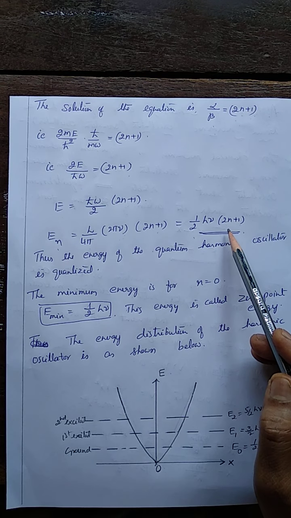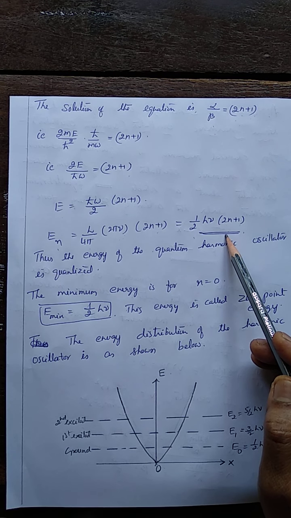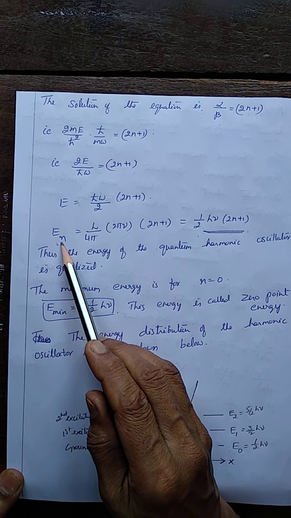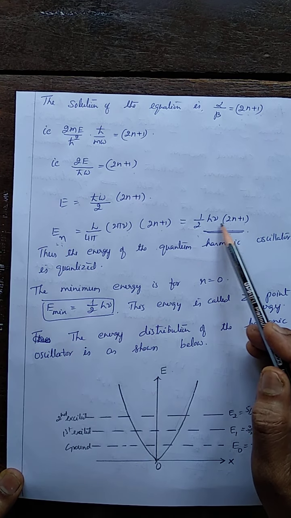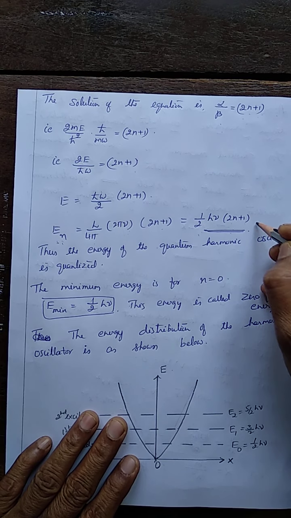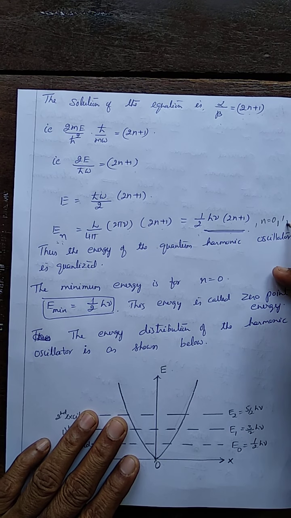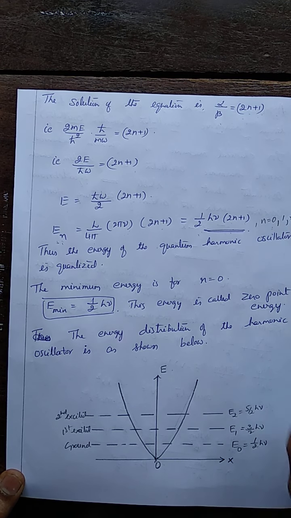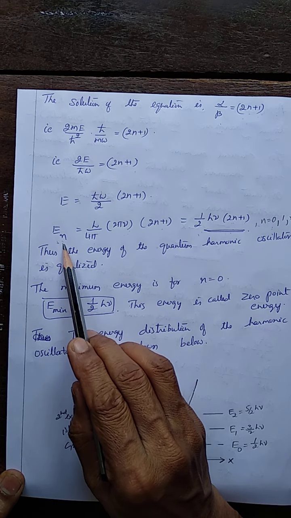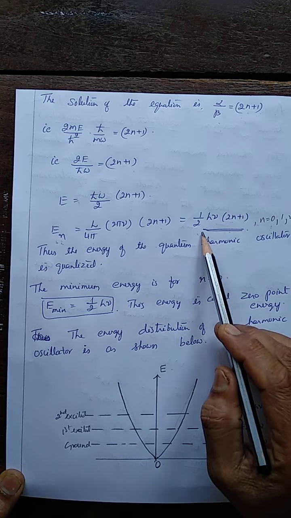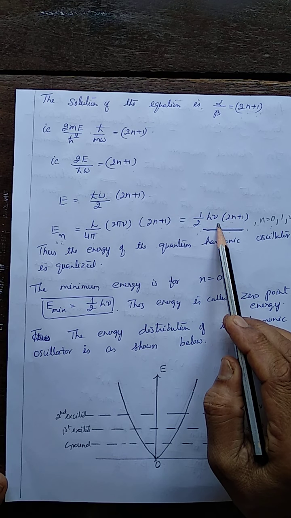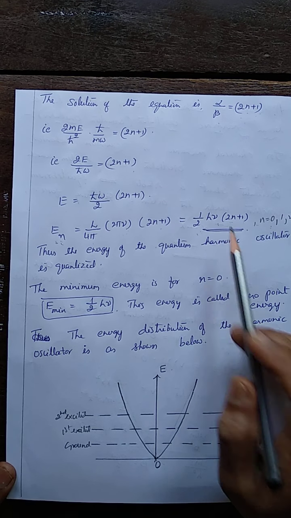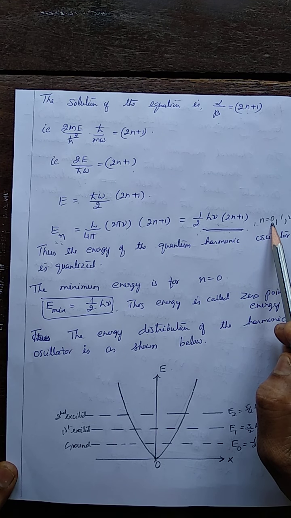This is the expression for the energy of the harmonic oscillator in the nth state level or nth excited state. En is given by half h nu (2n plus 1), where n takes the values 0, 1, 2 and so on. Here 0 is also possible. Look at this: when n equals 0, E0 is half h nu, so the energy doesn't become 0. The particle is associated with the wave function. That's why n can take 0 also in this case.